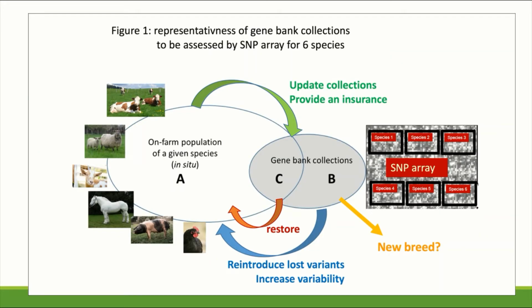So another very important thing is how we also merge in situ and ex situ, because germplasm and gene banks are ex situ. We are storing out of the natural environment. So for example, a farm will have cows, sheep, goats, horses, pigs, chicken. So that's the on-farm population of different given species. Then we can be able to